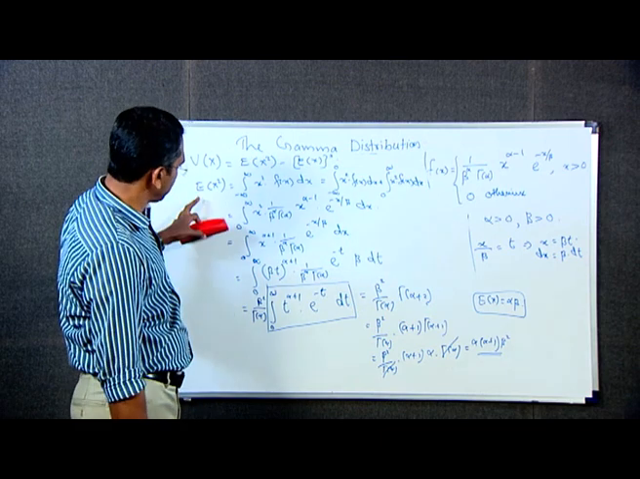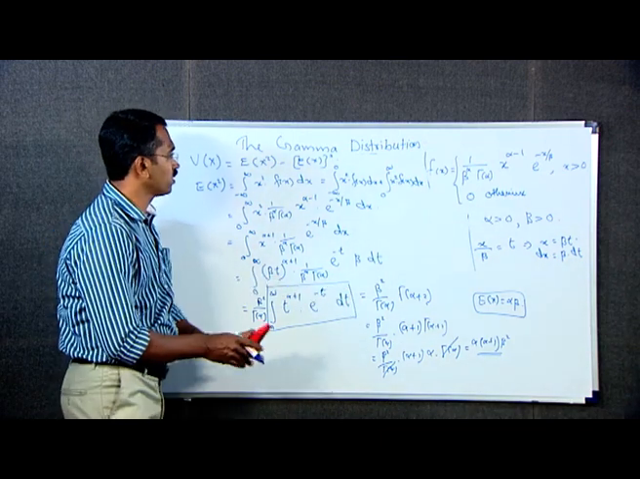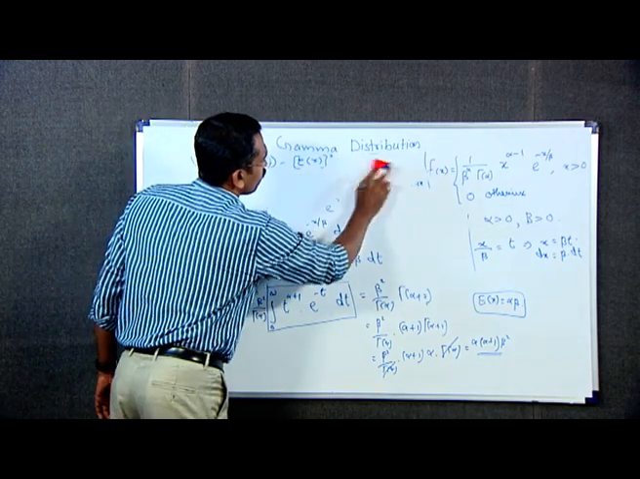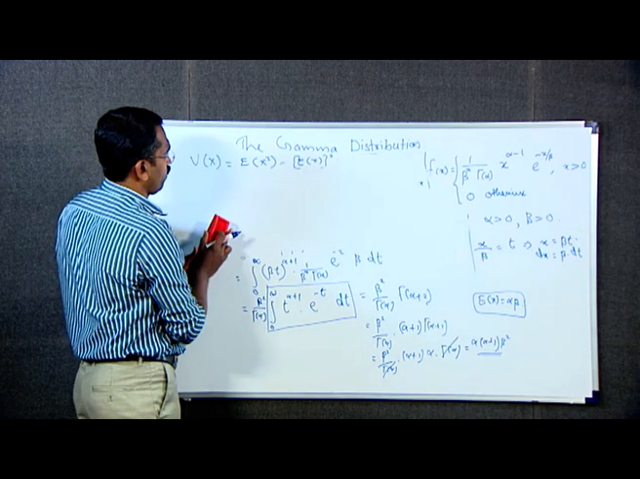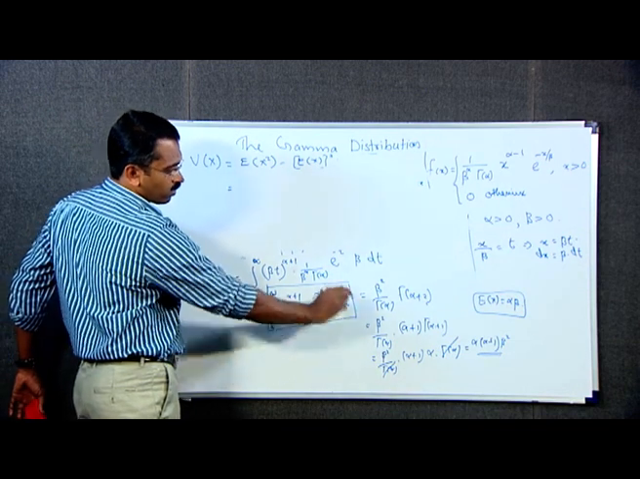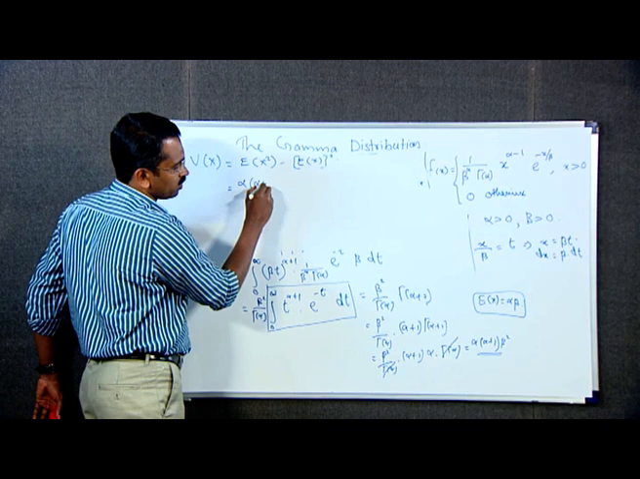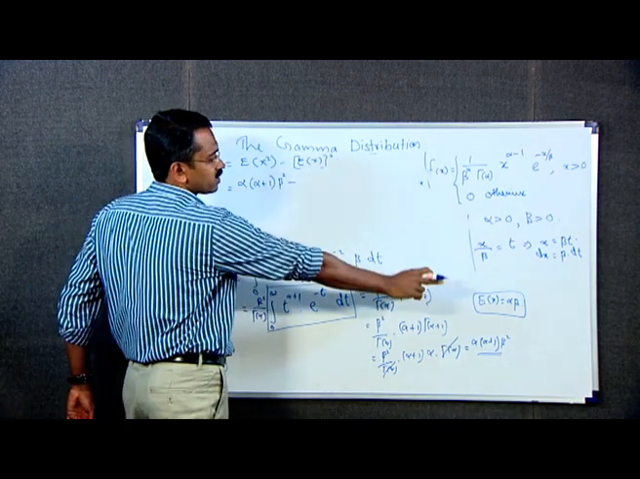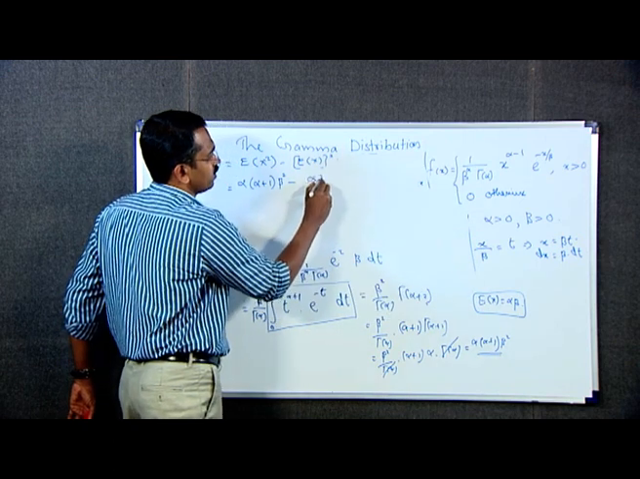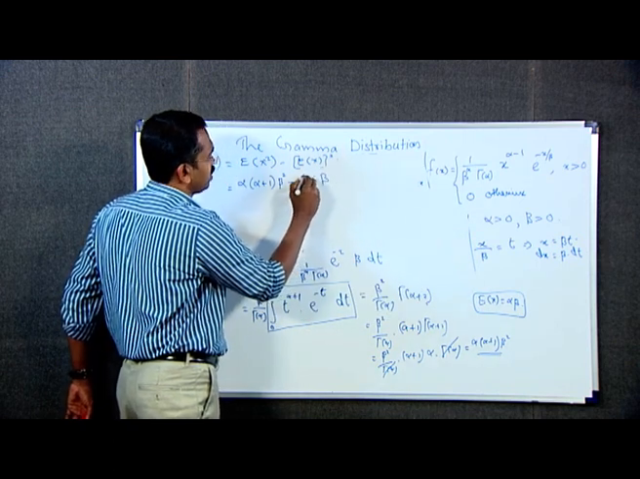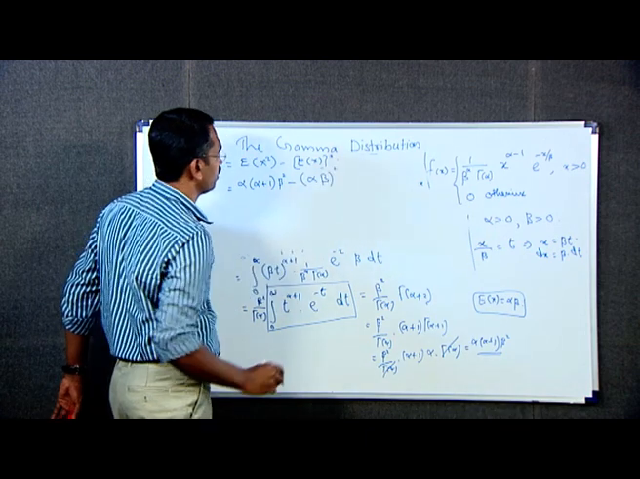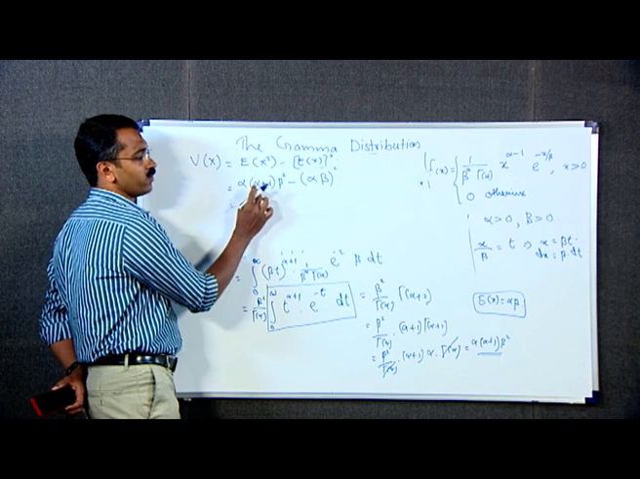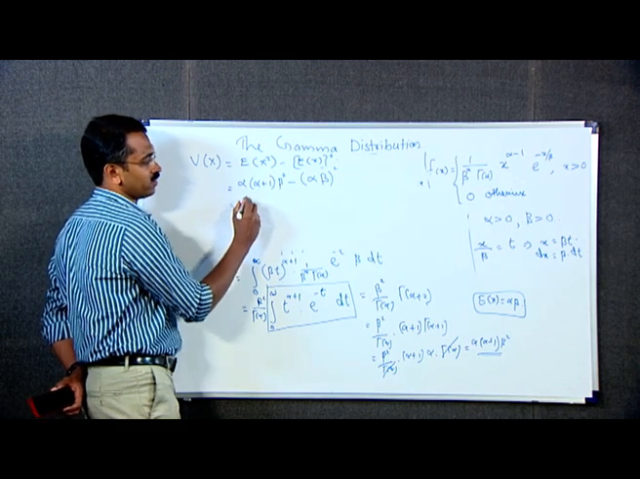This is the expectation of x square. Therefore, variance of x is equal to alpha into alpha plus 1 beta square minus the square of the expectation of x, which is alpha beta. E of x whole square means (alpha beta) square, which is equal to, here we open this bracket, we get